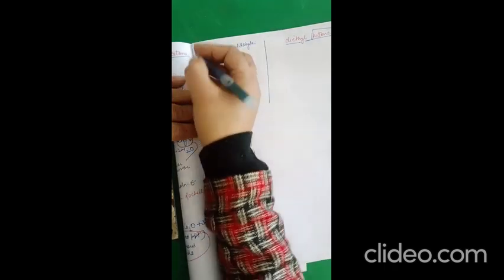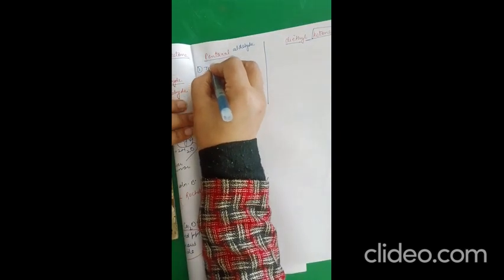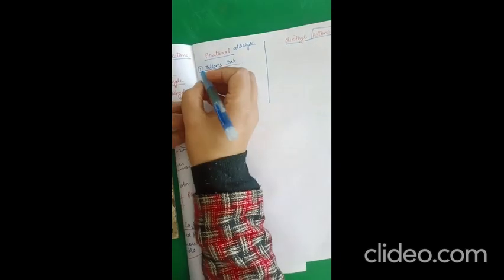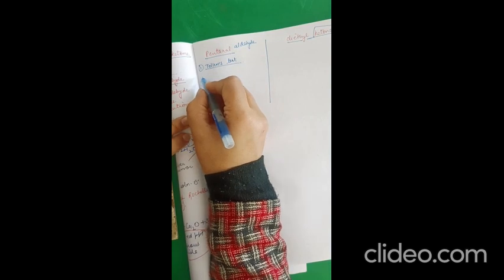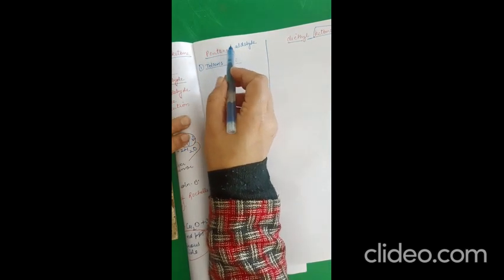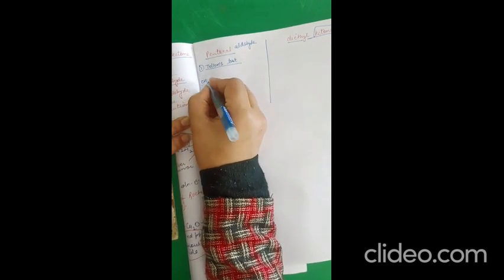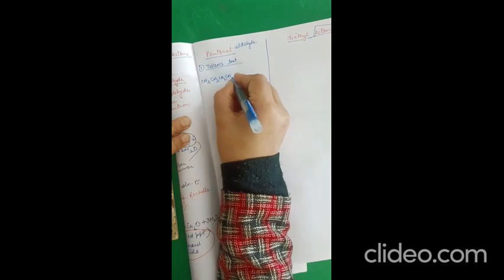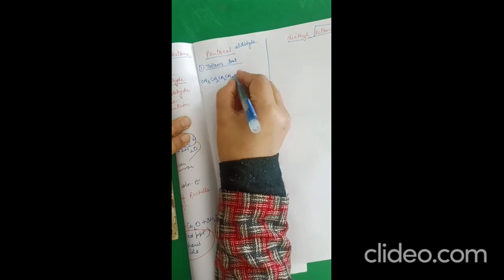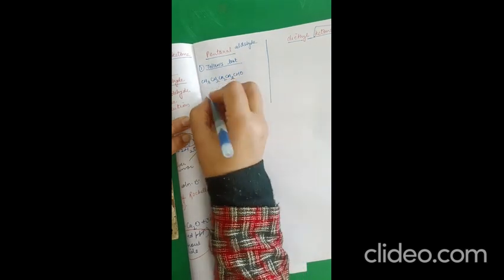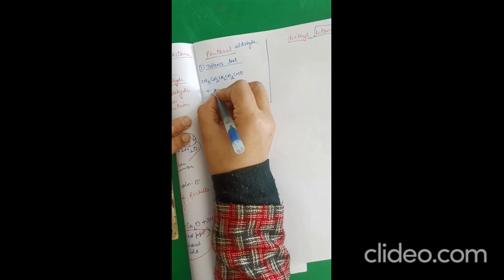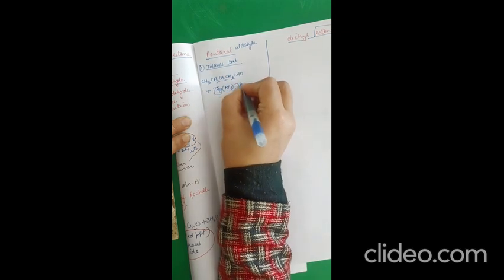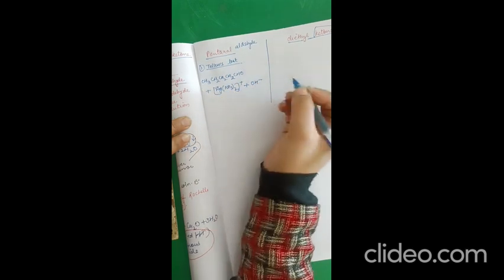So I am writing here first the Tollens test. Aldehyde will give the Tollens test. So how to attempt the question? Don't write the general formula of the aldehyde. Write the particular compound which is given to you. Suppose here it is given pentanal, CH3CH2CH2CH2CHO, carbons 1, 2, 3, 4 and 5. This is pentanal. Plus we will add Tollens reagent to it, Ag(NH3)2 positive, plus OH negative.